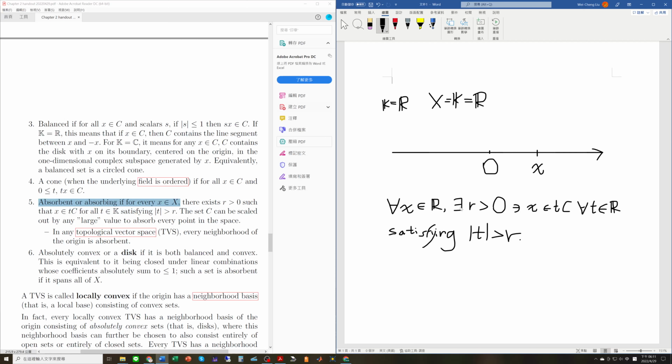What does this mean? For example, now take x equal to 1. It is a real number. And there exists r greater than 0. So let